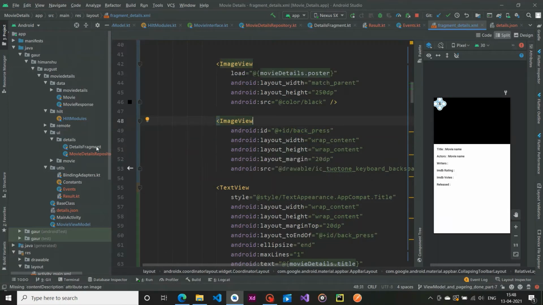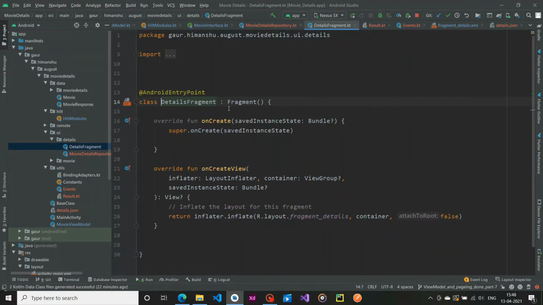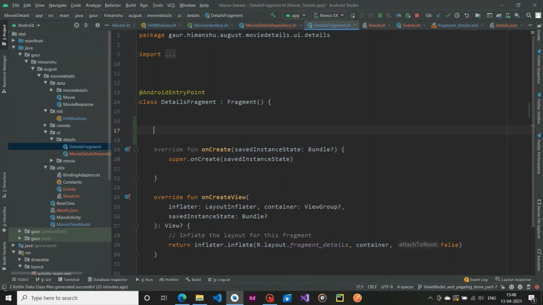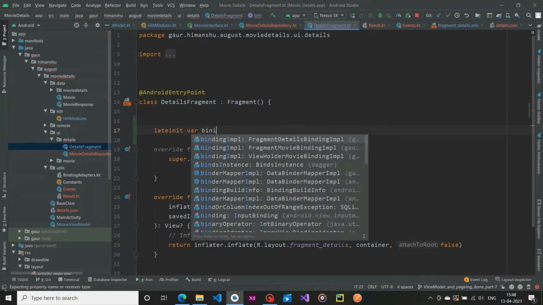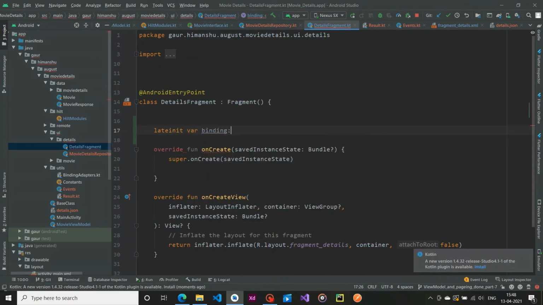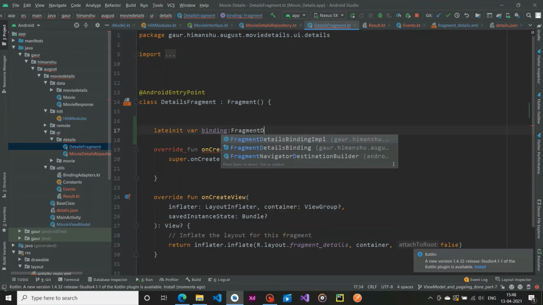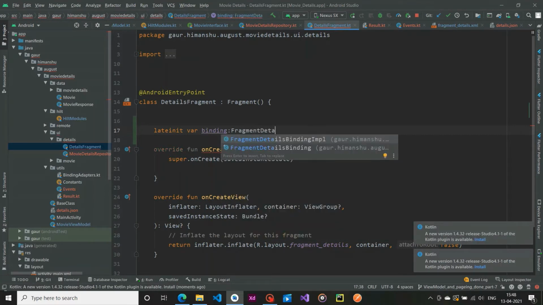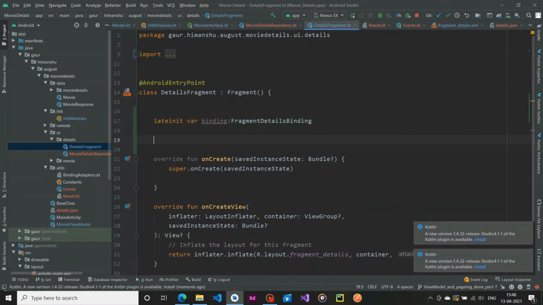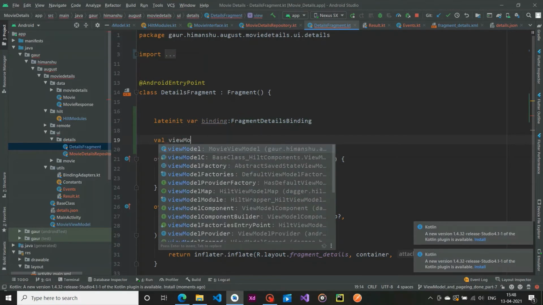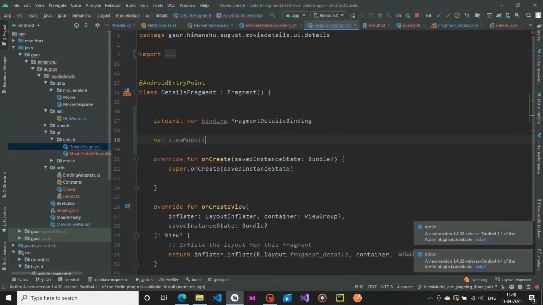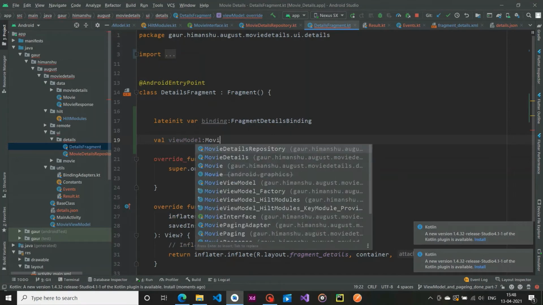So now jump into our details fragment Kotlin file, and as usual let's initialize the binding, which is of type FragmentDetailsBinding, and one more variable, the view model, which is MovieViewModel.